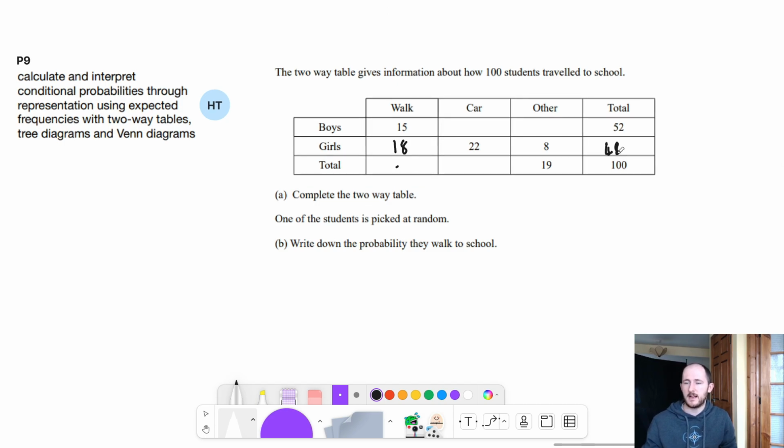So now I can work out this value here. 15 plus 18 is 33. 33 plus 19 plus something gives me 100, so 33 plus 19 is 52, so we need another 48. So that means that must be 26, and 15 plus 26 is 41, so I need another 11 here. Nice. One student is picked at random, write down the probability that they walk to school, so you take the total here, 33 out of 100, which I wouldn't simplify it to a third, although you can argue it's a